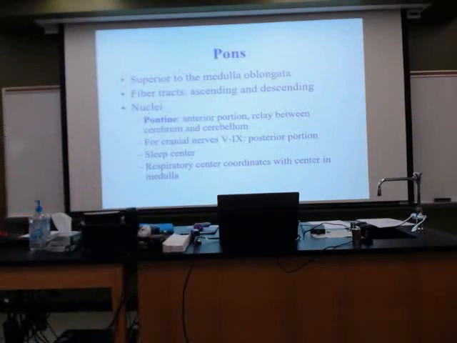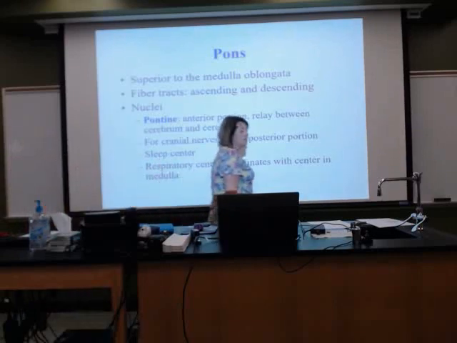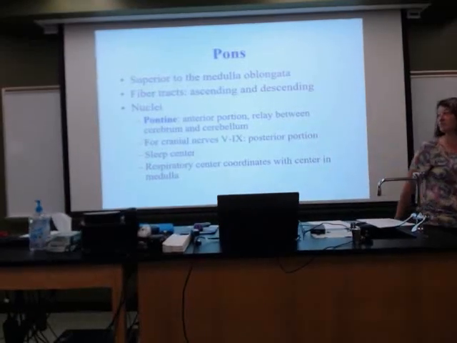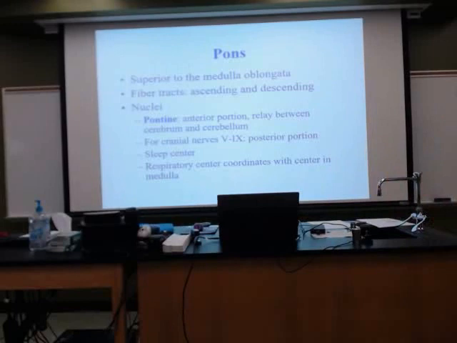Now the pons, this one, move up just a notch, superior to the medulla oblongata. It has both ascending and descending tracts. Now, in the nuclei that exist in this area,